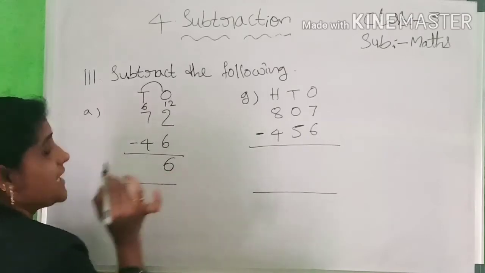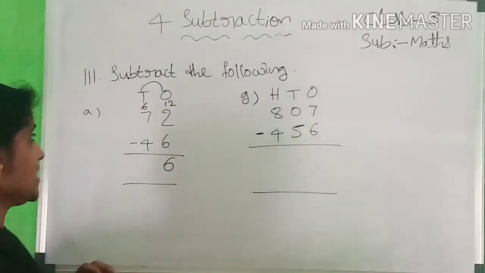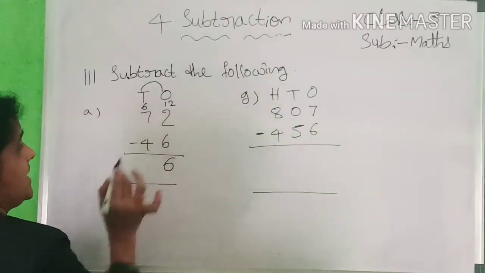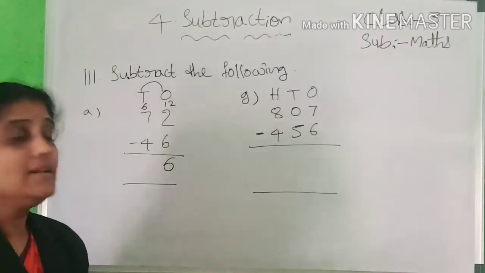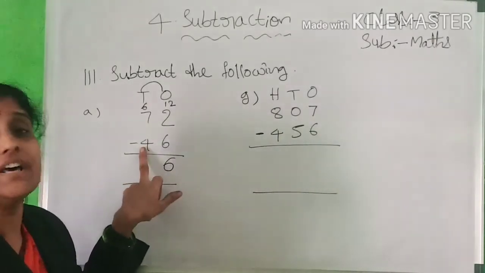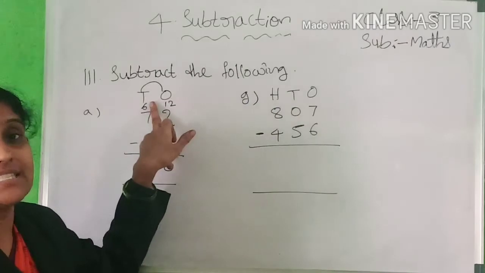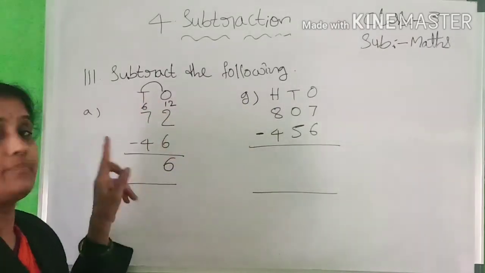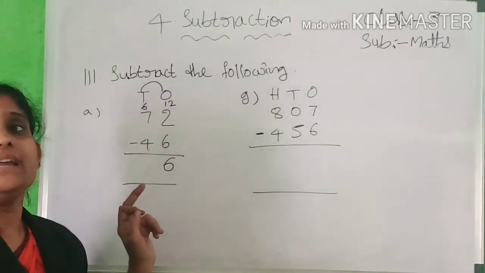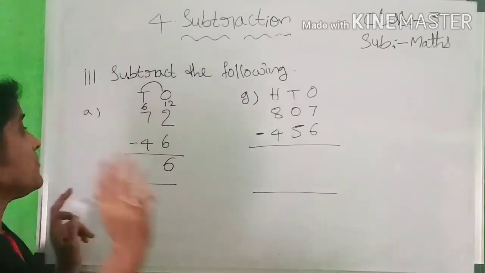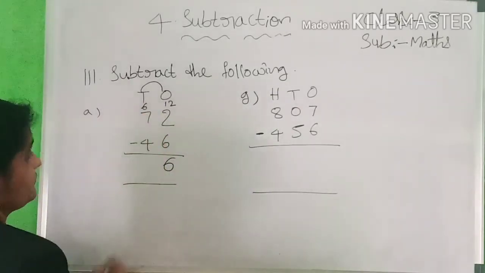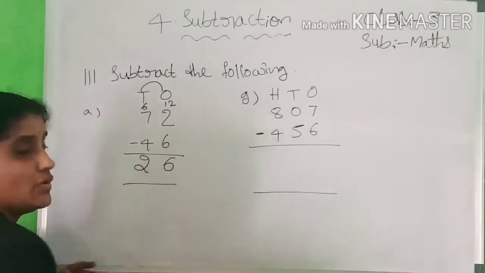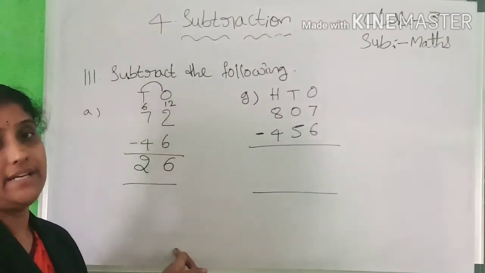What is the answer, children? 6. Okay children. Next here 6 to 10. 6 to 10 is to 4 cut. Means 4 for how much counting time we will get 6. Count it. 4 after number 2, 5, 6. How much 6 to 4 going time? 2. Okay children, write this one.